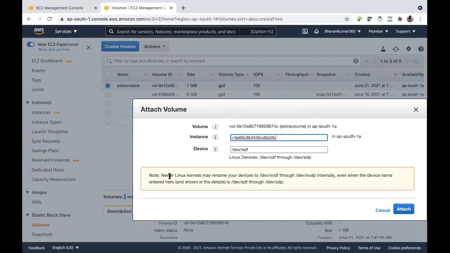That's why there is a notice saying that new Linux kernels may rename your devices internally. Suppose you see your device name is this, maybe internal OS calls it with these names. It might change, or it can be same, or sometimes it may be different also. Even when the device name entered here is this, you will get this one internally.